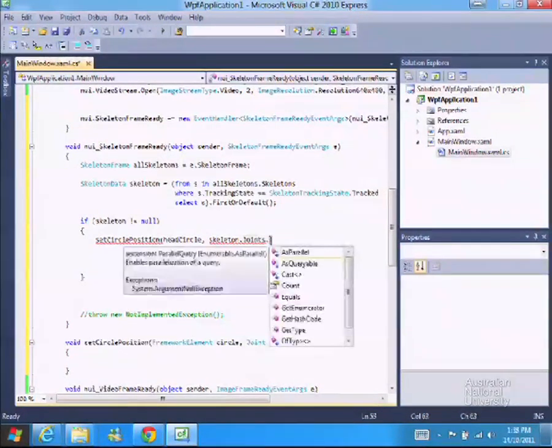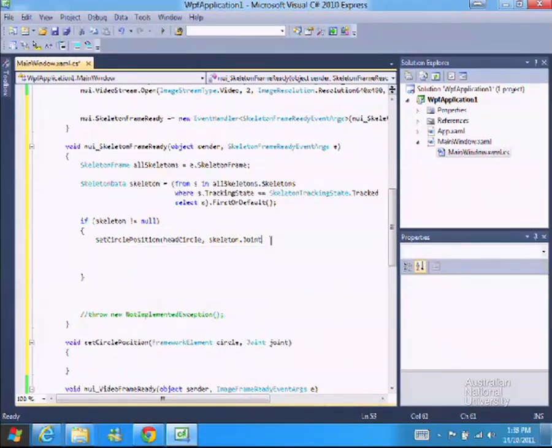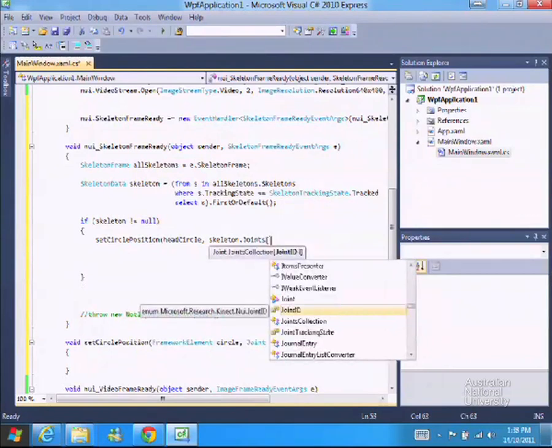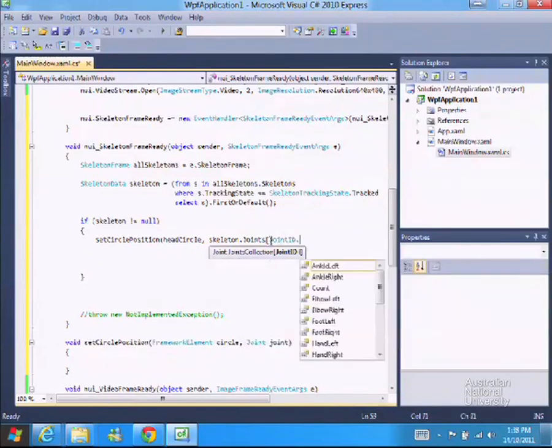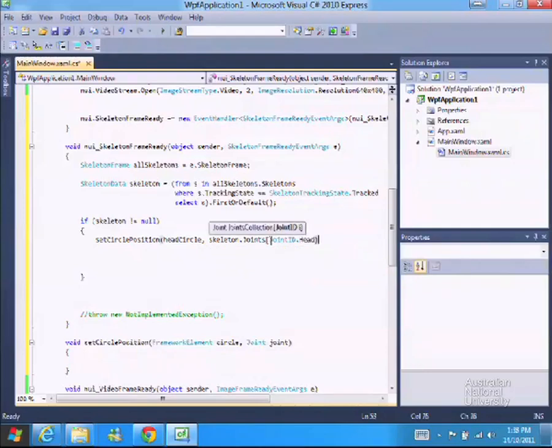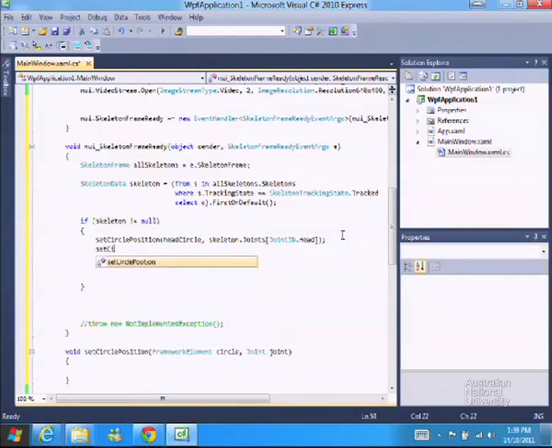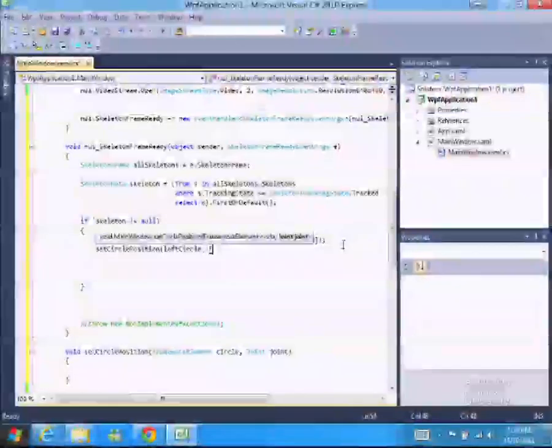Now we look through the skeleton, we get its joints, but we want to look by its joint ID. So joints is actually an array of joints, but each joint has a position and a whole bunch of depth information, and quite a few things. We might come back to that. And we just want to get past the right joint. So we want the head, so we go joint ID dot head. This is the first one. We want to call it again. We want to move the left hand, I guess, left circle. Same thing again with